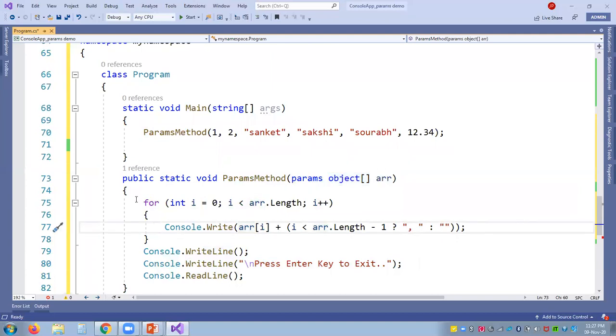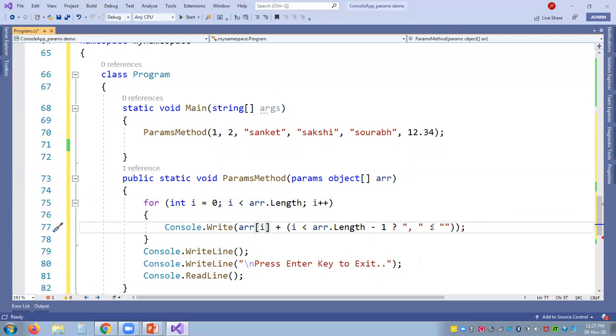Using the for loop, again we are checking the length and using Console.Write, we are printing arr[i], and i is less than arr.Length - 1, question mark and colon. This is a conditional operator.